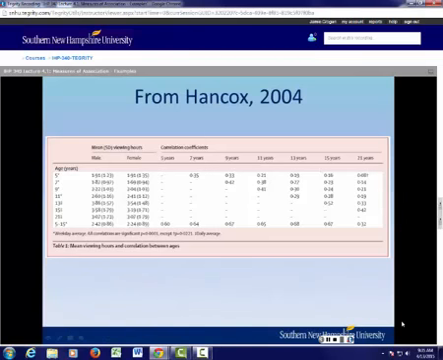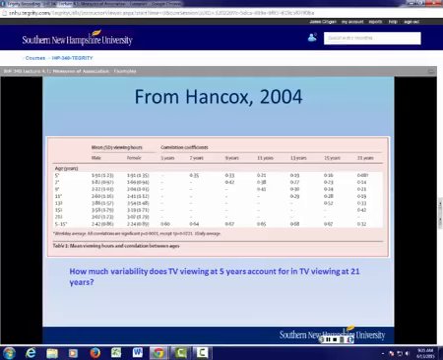We can also ask another question. How much variability does TV viewing at 5 years account for in TV viewing at 21 years? Now notice this is a different kind of question. It's not asking you for the correlation coefficient, it's asking you how much variability is accounted for. And whenever you get a question that is a how much variability is accounted for question, it is always answered with an R squared. If you see that language, how much variability does this one account for in that one, that is always answered with an R squared. And so in this case,